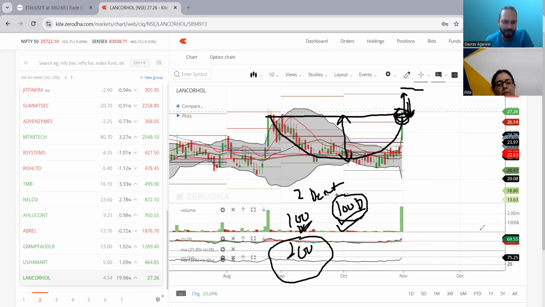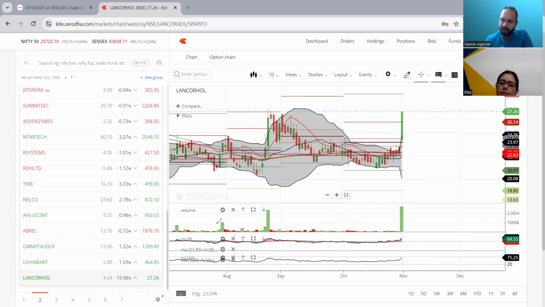For around 1.5 months, I have been using this volume and it is giving me very good results. Do you see this volume? I have never seen volume like this before. I have not explained it to you earlier because I was also not aware of this. I am testing this for around three, four months and now it is giving me good results, so I am planning to follow this pattern as well.